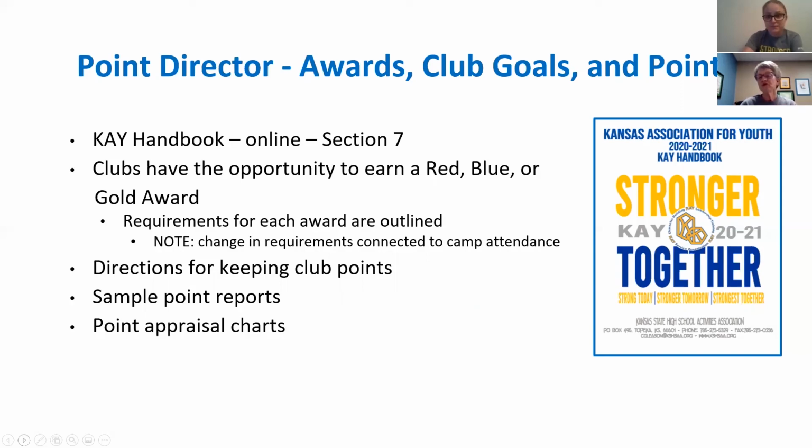And if you were the point director, I would do one of two things. I would either save section 7 so that you can go back and look at it anytime you need to, because there are going to be pages in that section you'll need to refer back to quite frequently. You might even just want to print those pages. I'm kind of old that way. I like to have a hard copy in my 3-ring notebook of things that I go to a lot. So I would print those tables and keep them right there in front of me, because you will go back and forth to those as you fill things out throughout the year. Definitely, there's so much information on them.